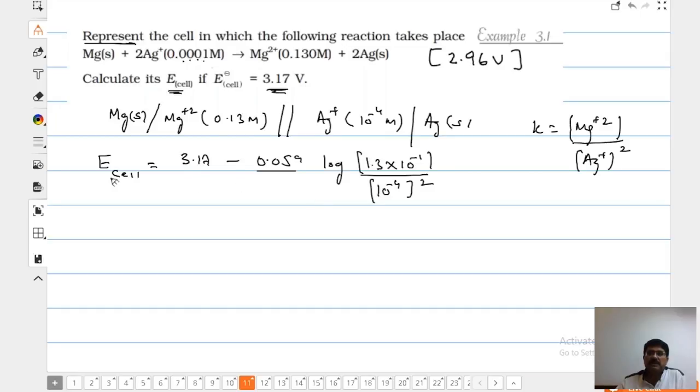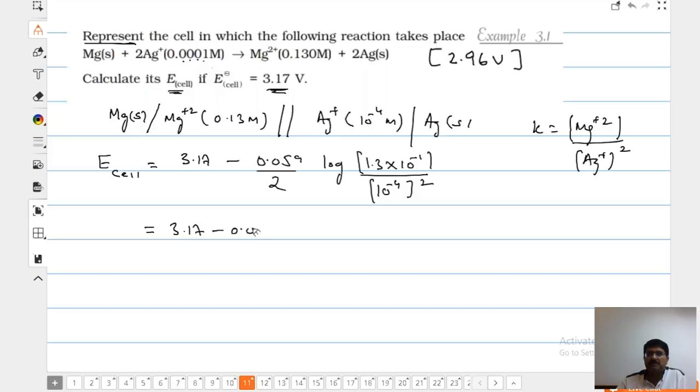There was a good question, sir, what will be the units? It will be volt because this is a ratio. Ratio will cancel out, bachcho. So n is equal to 2. So now we can write n is equal to 2 here. You understand how n is 2. So that is